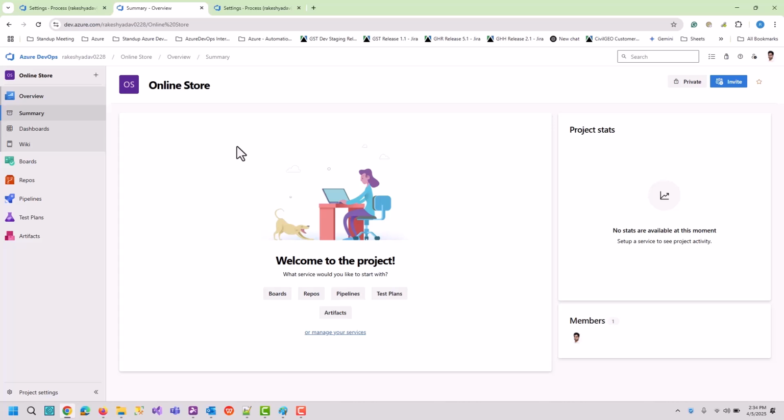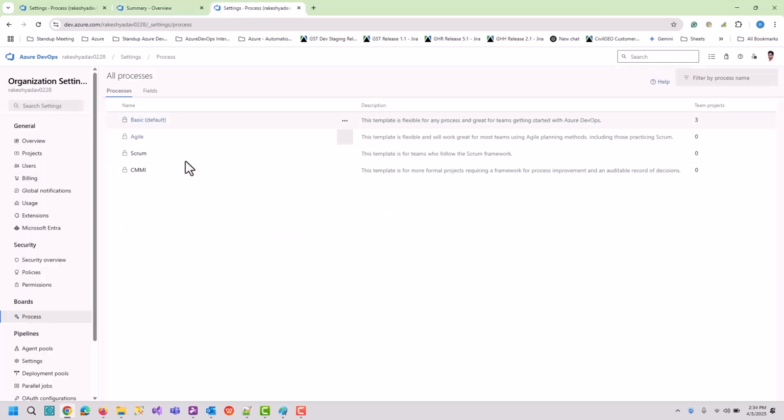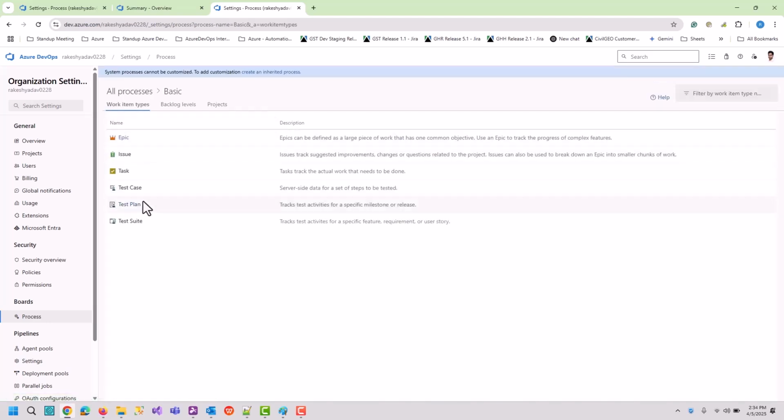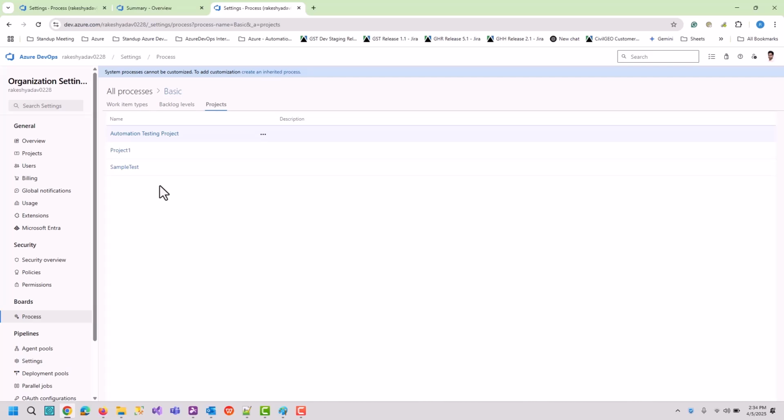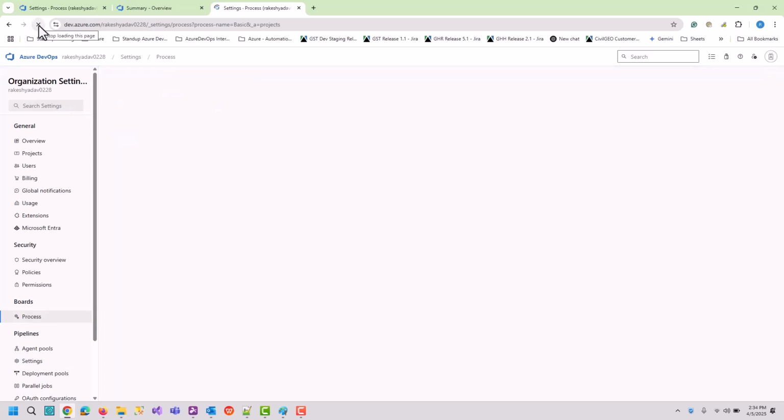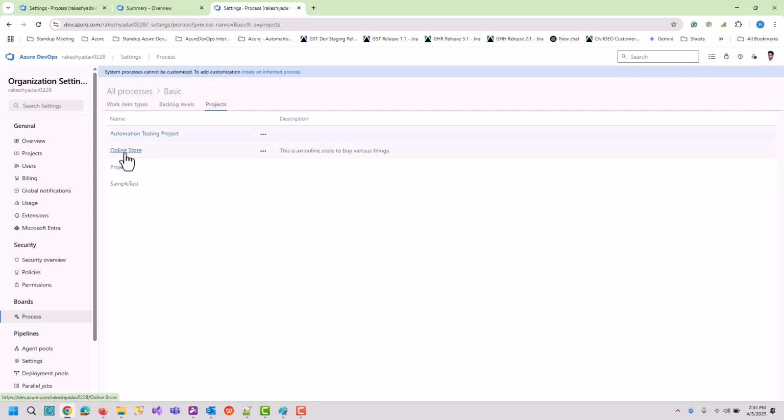As we already selected the default basic process here, it already has some default work item types and backlog levels. If we refresh this, our online store project is here, with the project description: this is an online store to buy various things.